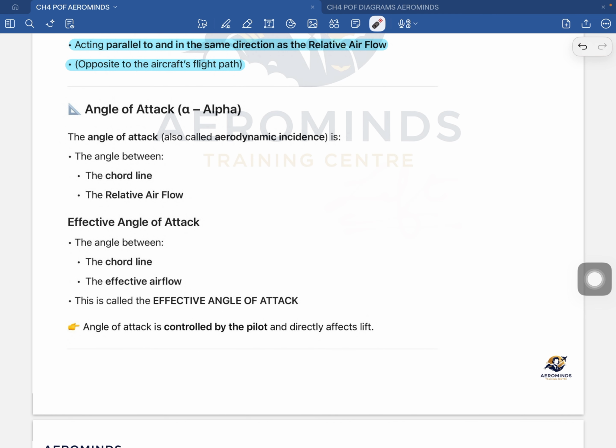Okay, and if the angle of attack is increasing, lift will increase up to the critical angle of attack, which is called alpha crit. Okay, critical angle of attack. Now if the angle of attack decreases, the lift will also decrease. Okay, lift will decrease,